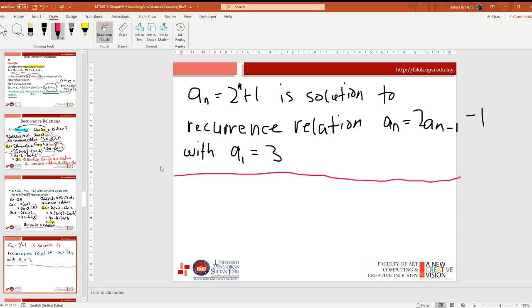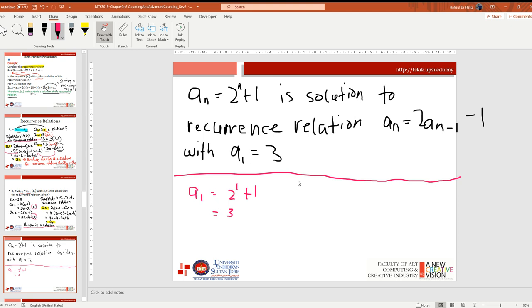Solution dia first is easy to check the initial condition. Okay, initial condition dia apa? Okay, initial condition is a1. Okay, a1 should be 2 power of 1 plus 1 according to our closed formula. Okay, and then this one is equivalent to 3 lah. Yang ni 2 power of 1 is equivalent to 2 plus 1 lah. Okay, kita gantikan dia, and then to check that our proposed solution satisfy the recurrent relation, try and plug in